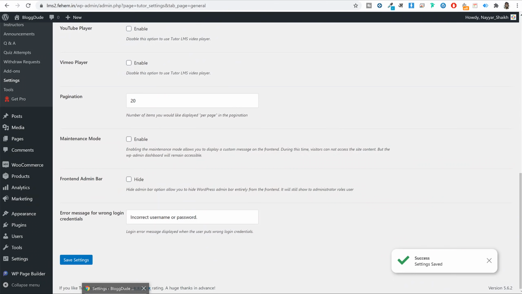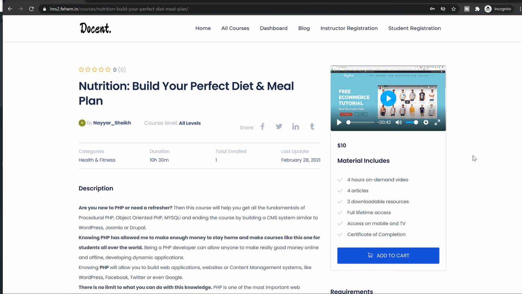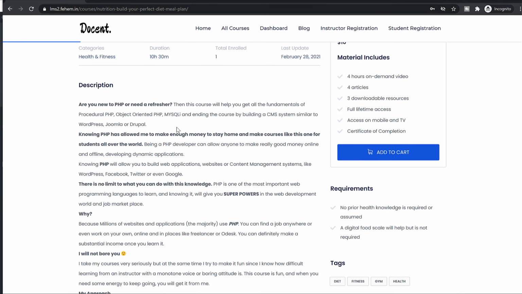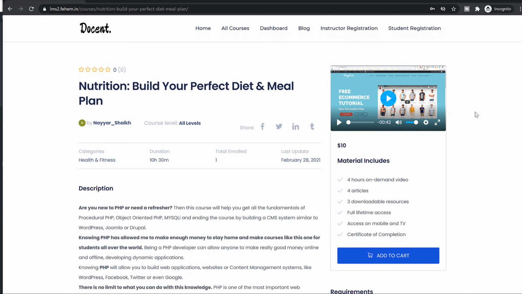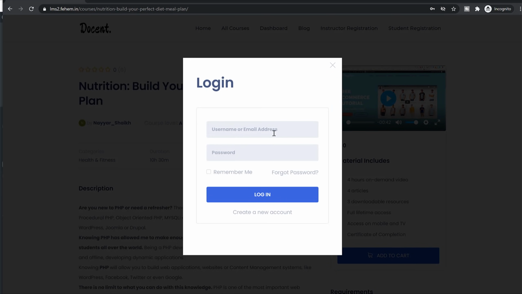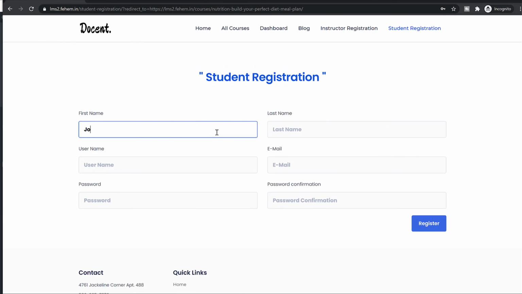Again, I'll open this website in a new private window. Now if I try to open this, as you can see, I can see the course details and all, but I cannot enroll in this course without creating an account. If I click on add to cart, I'll have to first sign in, or if I have not yet created an account, I can click on create a new account, enter my first name and last name,